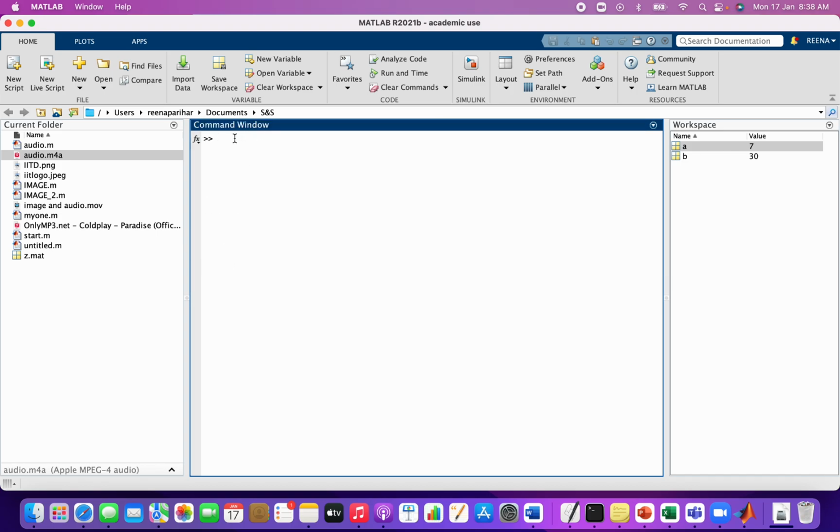Now I want to add two values into a variable, 3 plus 7. See, the new value gets stored into A, right? If I want to multiply with some value, the 10 value gets multiplied with 3 and the new value 30 gets stored in A. So you can see in the workspace. It is a good way to work in MATLAB to keep an eye on the workspace. When you make any mistake, you can easily see in the workspace what matrix dimension you have used and what is required.